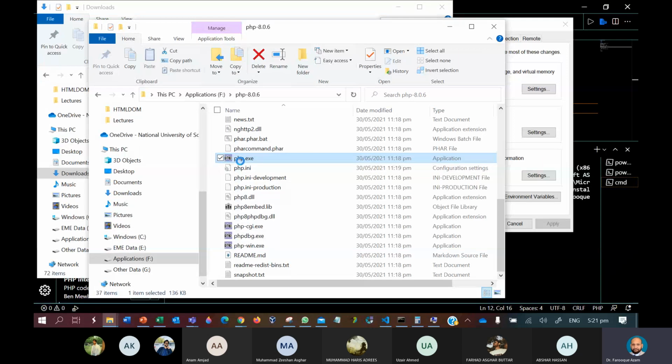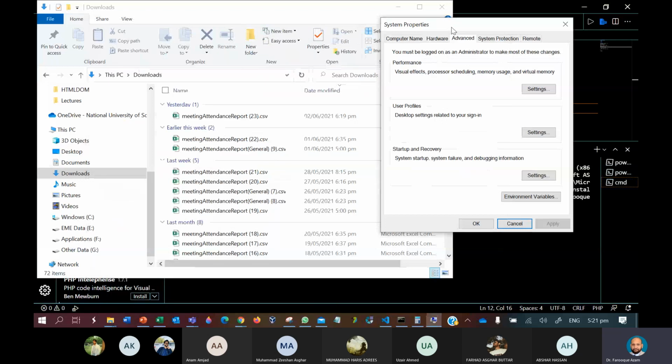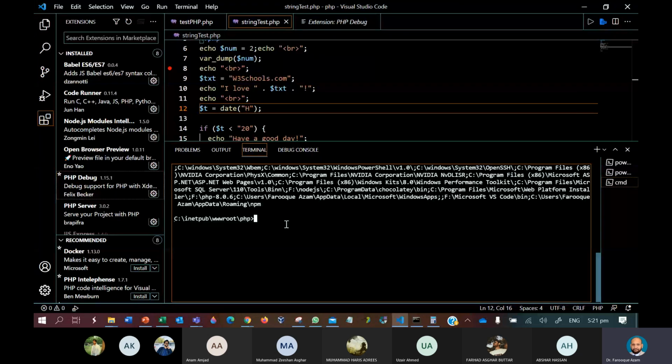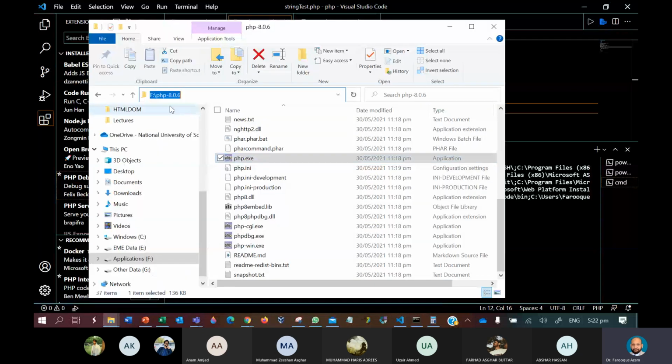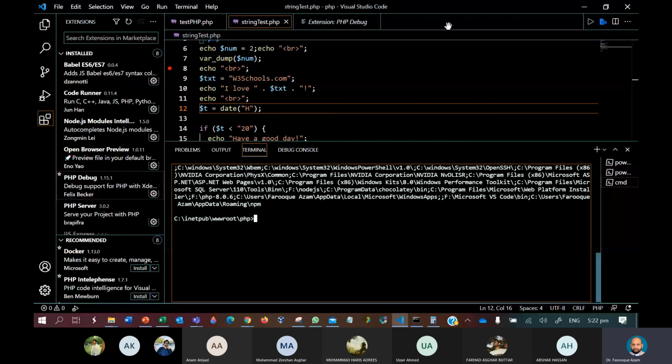अब मैं इस path फाइल को मैं एग्जीक्यूट करूँगा। So for example, I am in some folder, but it is not that folder. It's not F. It's a different folder. It is F PHP 8.0.6, but I am currently in inet www.root.pub. If I write php space and then I give name of a file, for example, singletext.php,